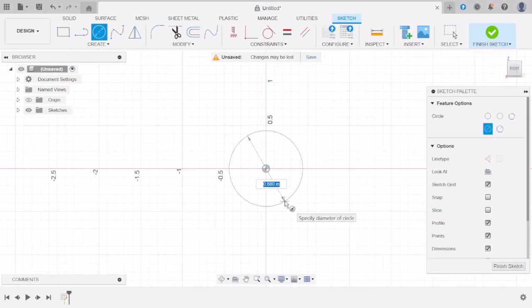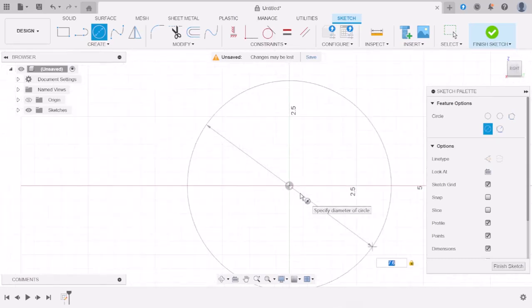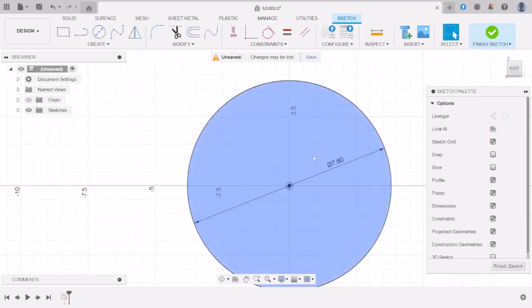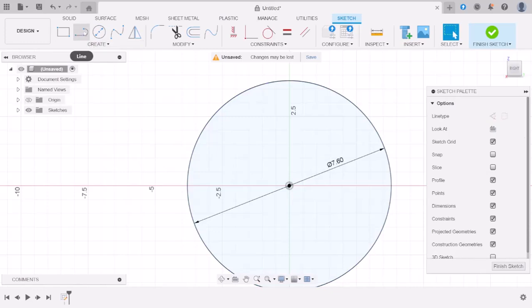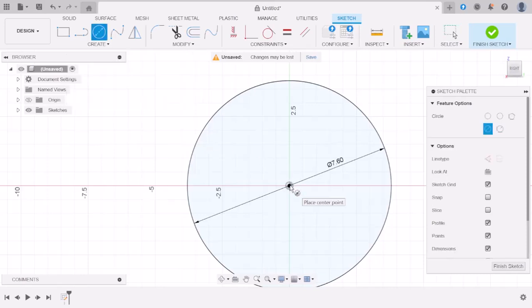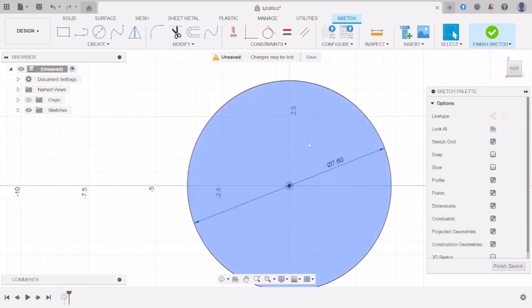It has a diameter of 7.7, 7.6 actually. Now you can see my dialog box here showing a 7.6. Then we should also create an inner diameter of 3, or we can skip this inner diameter for now, and let's create the external design on it, which is